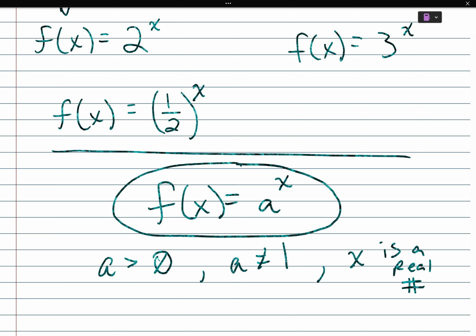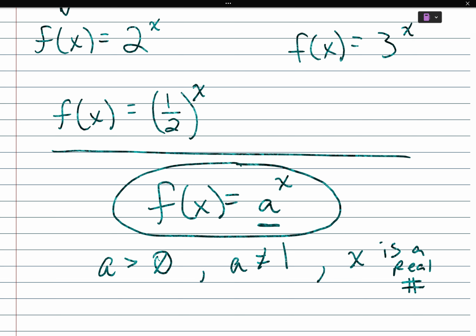If you think about it, plug in 1 for a. The base cannot be 1 because we'll have 1 to the x power. That's just like the constant function, where you'll have f of x is equal to 1. 0 isn't used in the base of a, right? Because 0 to the x power is just going to be 0 for any positive x, and non-positive powers of